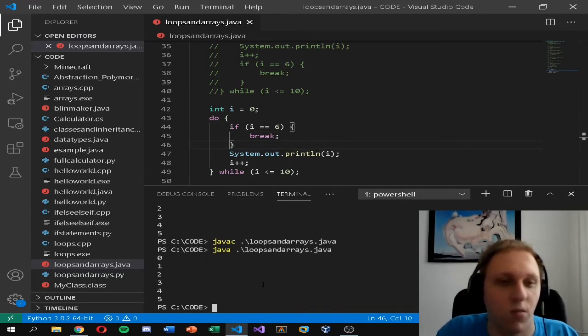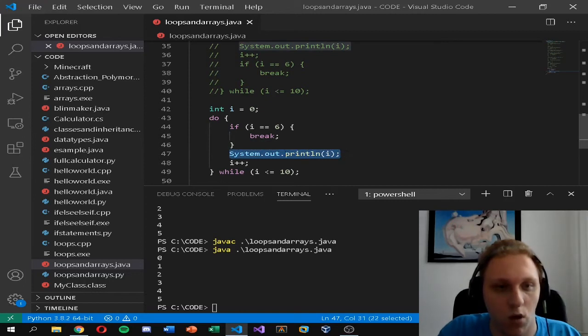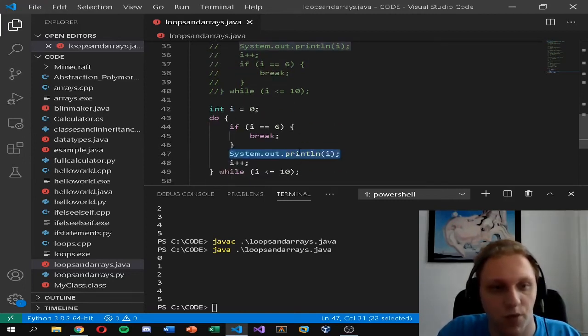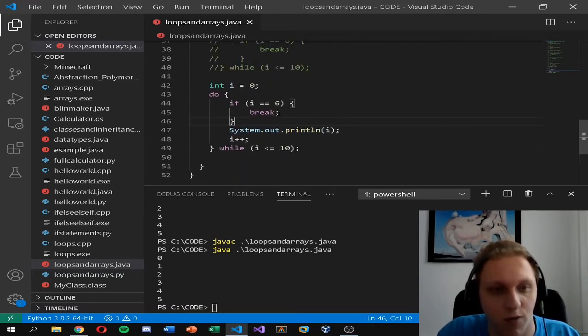So as you can see, it doesn't make a change here, but what is important is, let's say I moved this over here, it would be pretty much the exact same thing as here, but it just doesn't matter in a do while loop essentially, because the